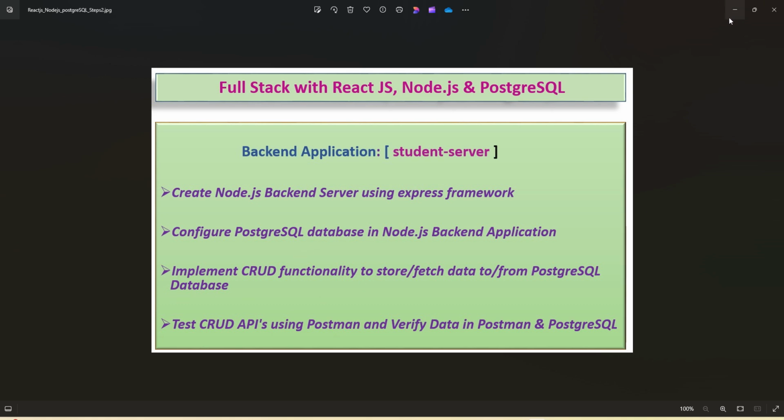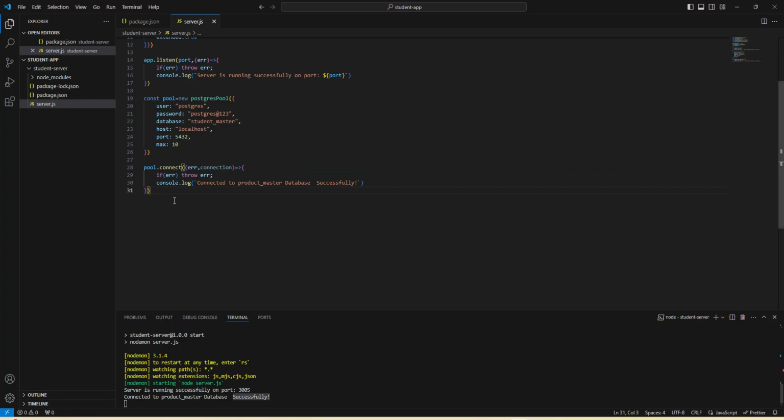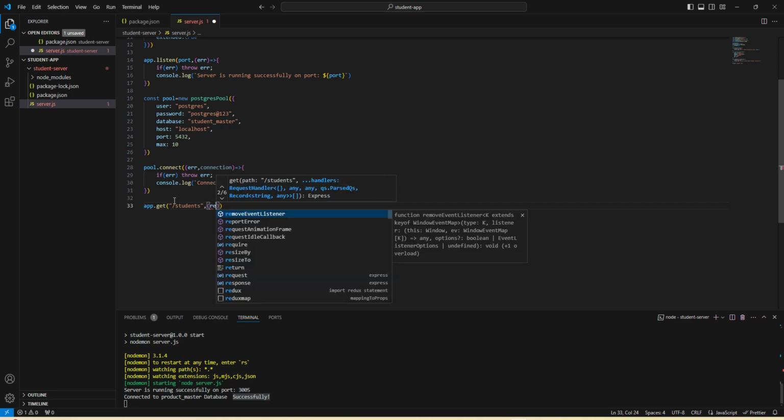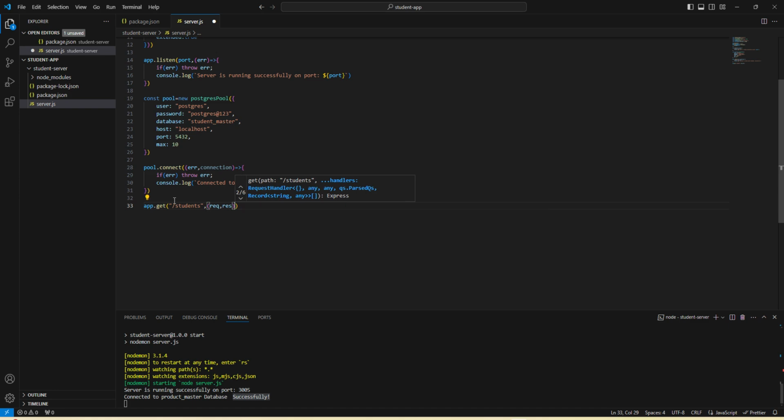Now let us start implementing the CRUD APIs. First we will cover our get all students API. We are going to use the HTTP GET method, and this is the endpoint, /students. Next we are going to pass request and response, which is common for all APIs, and here we need to prepare a query. The query we are going to use is select star from